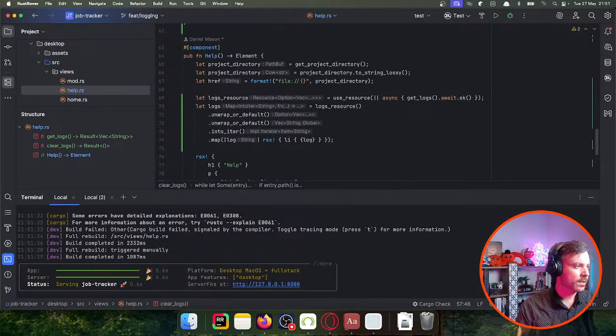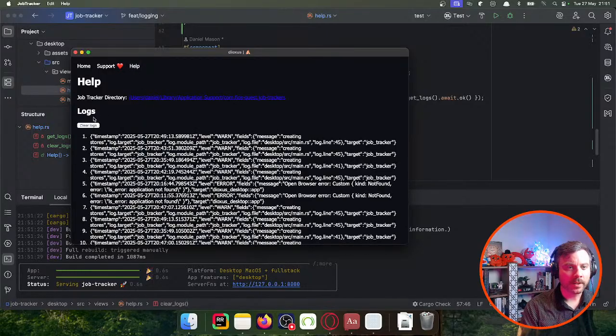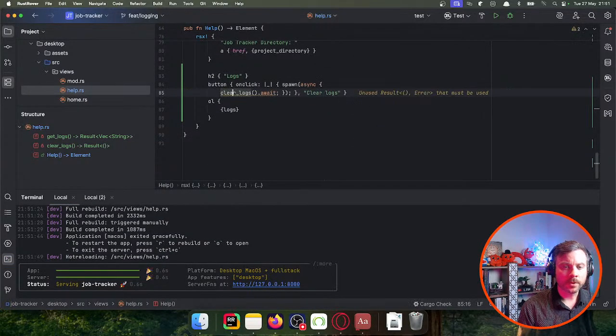Retrigger this. Oh my goodness, the window's gone so tiny. I'll have to look at setting the window size at some point. I really need to think about the actual layout of everything as well. So clear logs shouldn't clear. Oh, however. Aha, okay, wait. It might be possible for us to do